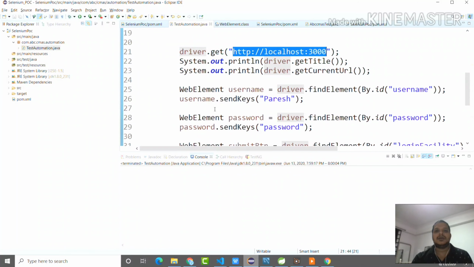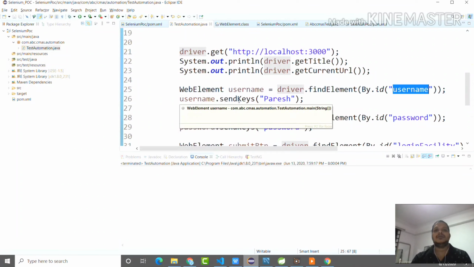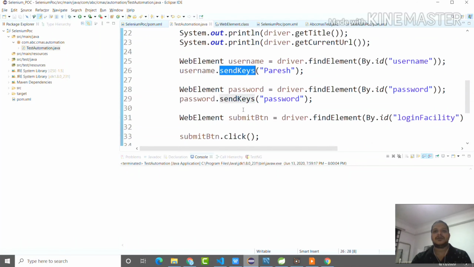Then what I'm doing here is, the login page, as you see, we have two text boxes, username and password. With the help of ID, I'm fetching those web elements, and then I'm setting some value on that text box with the help of the sendKeys method. Same thing I did for the username and password.